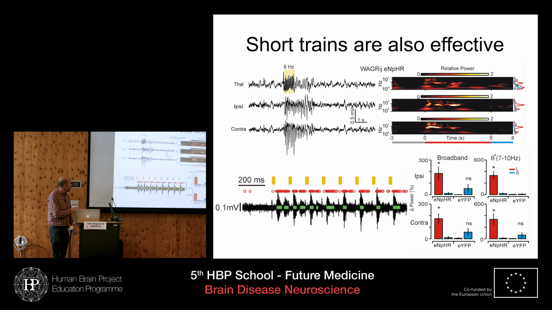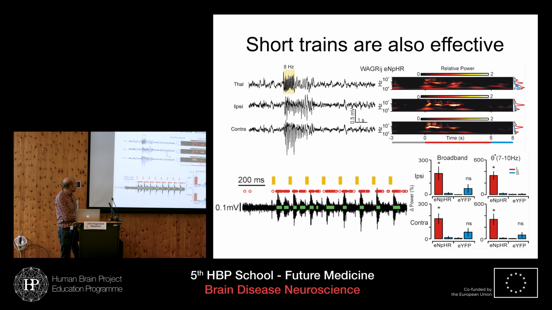And then more recently, we've started to include multi-unit recordings. And so the approach is a combined optical and electrical approach where we put an optrode deep into the thalamus. We're delivering light to the thalamus at the same time as using single wires to pick up unit firing. So we're looking at action potential firing in the thalamus during these stimuli. So shown here in the red circles are single action potentials. And then in green here are the blocks that indicate bursts. So these are periods of activity where it looks like the neurons are firing these strong post-inhibitory rebounds.